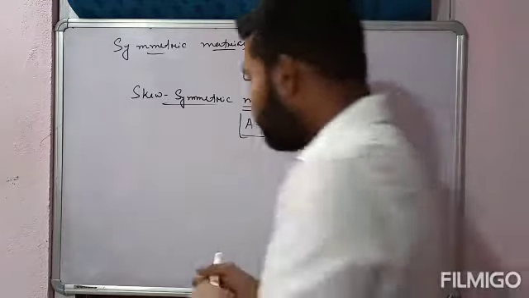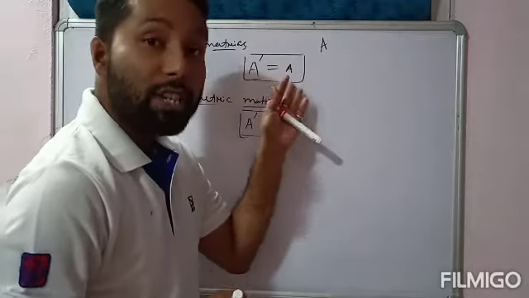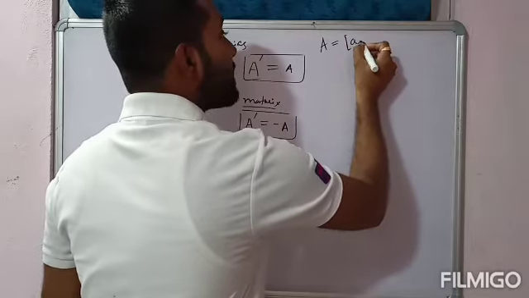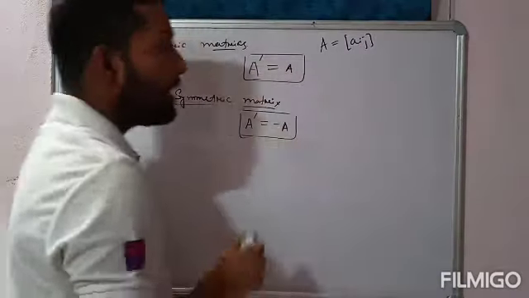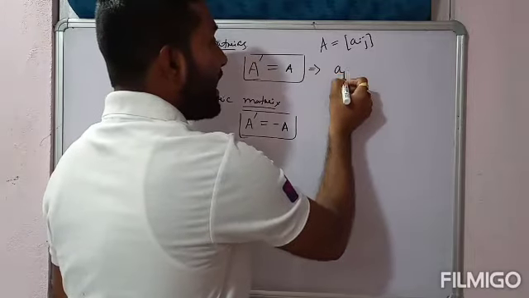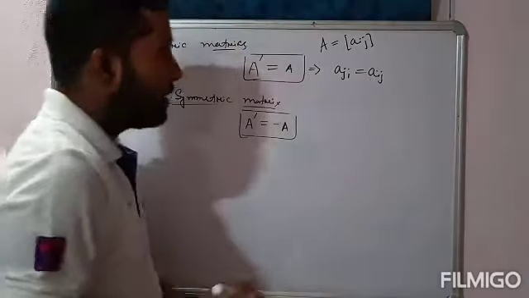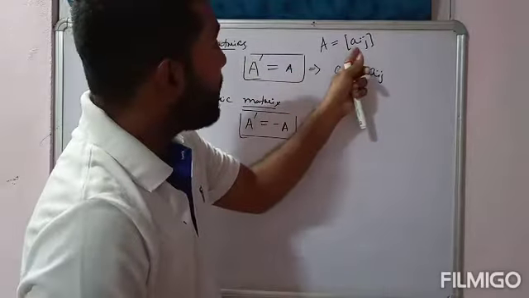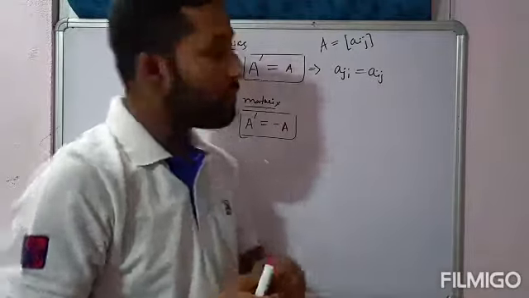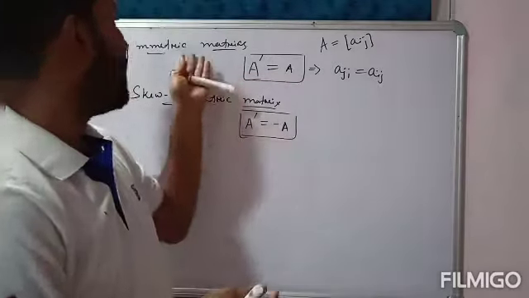Okay? So, if the condition of a symmetric matrix is A transpose equal to A, suppose A is equal to the matrix Aij is given. Then A transpose equal to A, which means we can write it as Aji is equal to Aij. Yes or not? If A equal to matrix Aij, then A transpose means what? Interchanging row and column. So Aji is equal to Aij, or not? So this is all about symmetric.